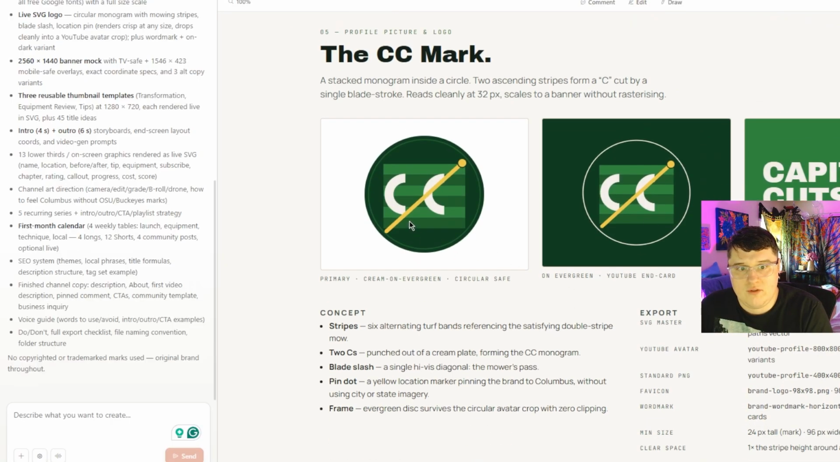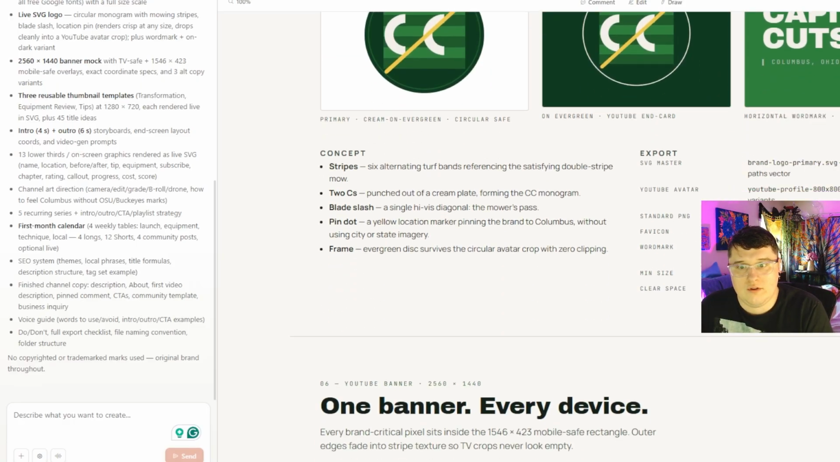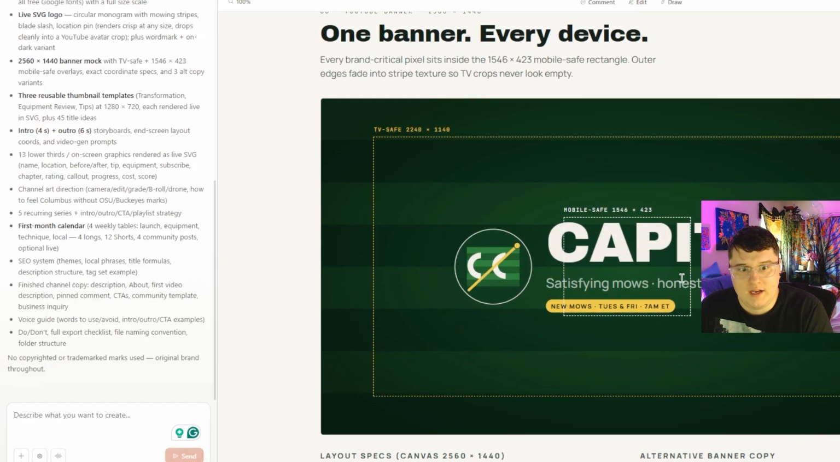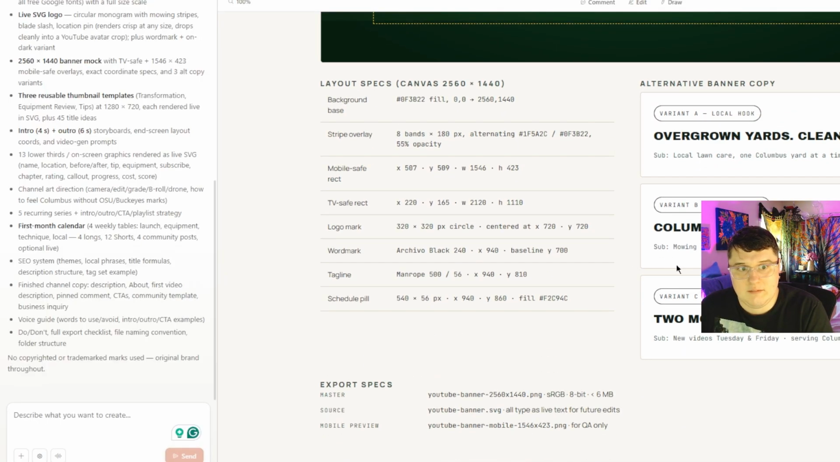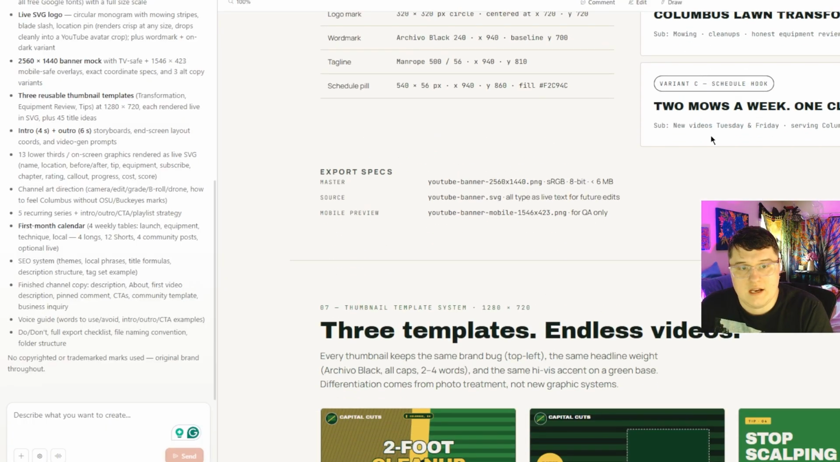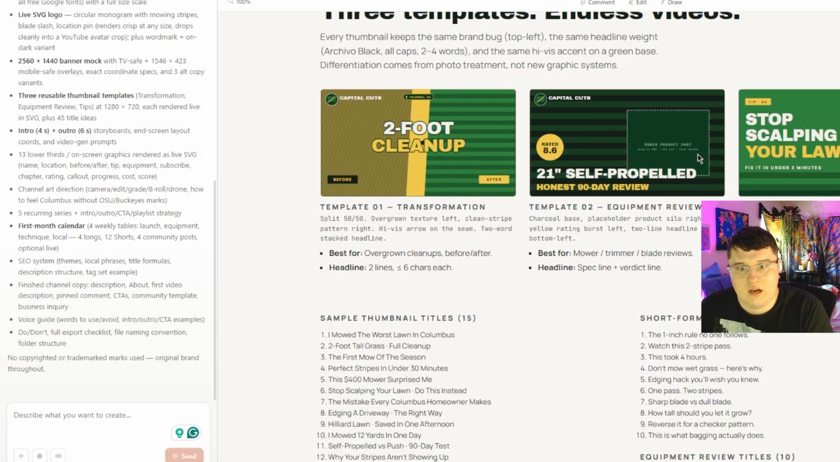We can see that we do have logo options. So this one I really like, Capital Cuts Columbus, Ohio. But again, I can't download this. So we're running into the same problem that we have over on the Google side. It needs to be downloadable, which it is not. So let's come down here. We've got some